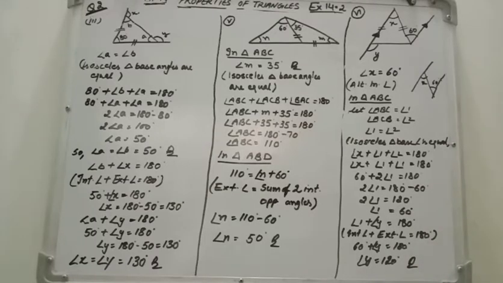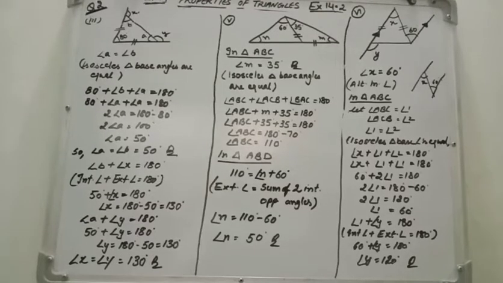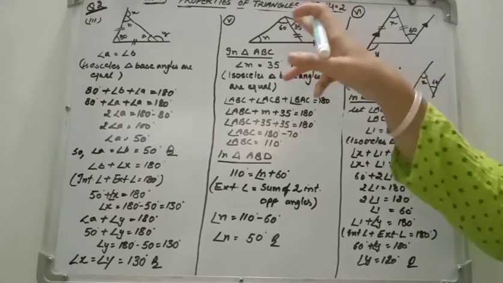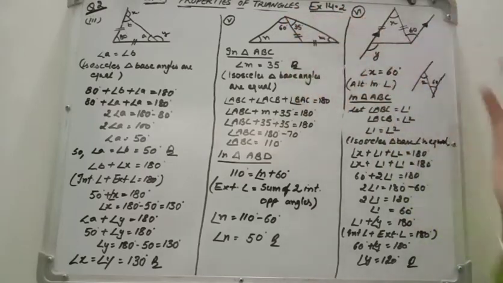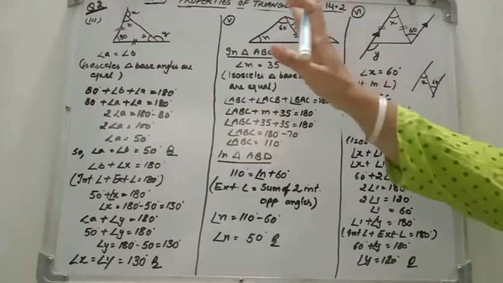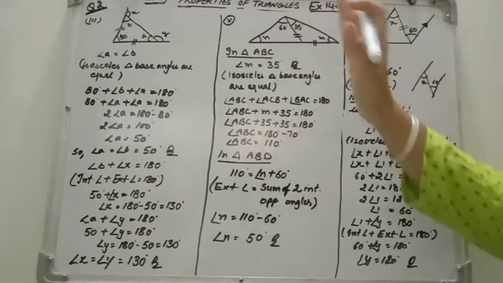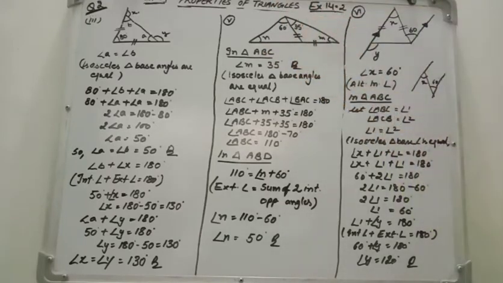Now I am taking the other example. Question number 5. This type of diagram is given to you. See, in this big triangle, two triangles are given to you, the first triangle and the second triangle. In the second triangle, two sides are equal. So it means that the second triangle is an isosceles triangle. Because its two sides are equal, that's why their base angles are also equal.